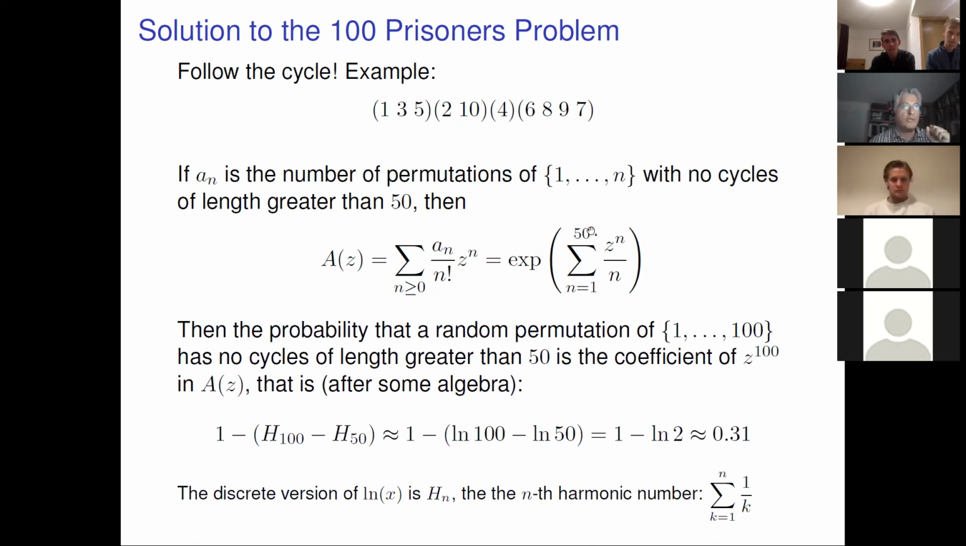Okay. And because we have restricted this to 50, well, and then obviously I'm running out of time. But after some algebra, probably you can use some computer algebra software, you can find that the coefficient is 1 minus (harmonic number 100 minus harmonic number 50). The harmonic numbers are like the discrete version of the logarithm, and they are very close to it. So it's approximately that, and that is 1 minus ln 2. And so the probability of freedom for the 100 prisoners is about 31% following this strategy,